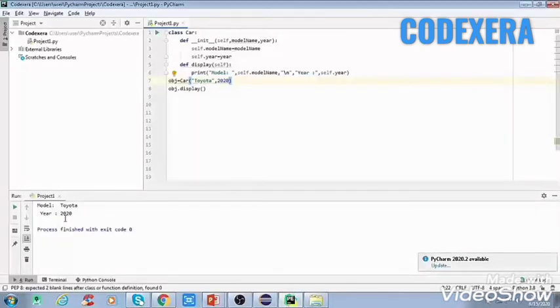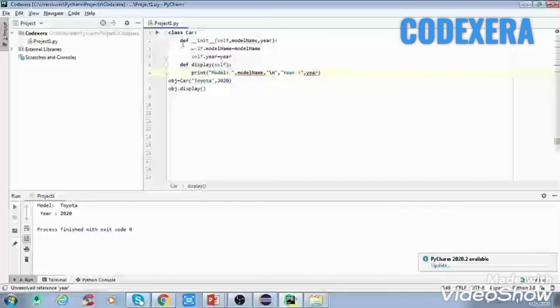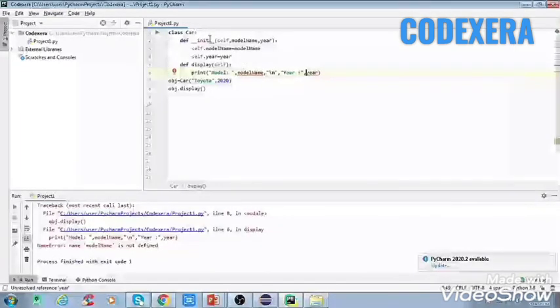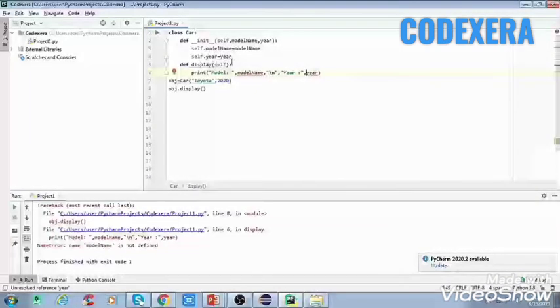This is how we do classes and objects in our OOPs concept. Now I was showing what will happen if I remove self. Suppose we have removed it here and here. Now it is showing an error. If we run this, we will get an error, because we have initialized with the help of self, that is self dot name equal to model name and self dot year equal to year.